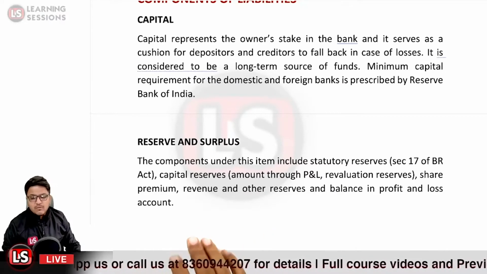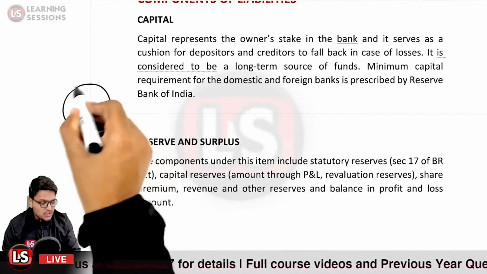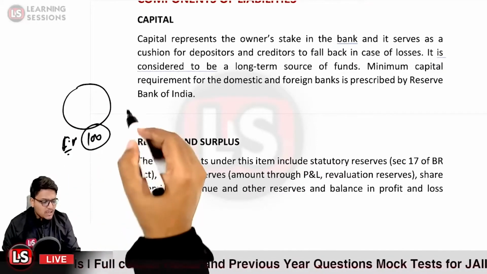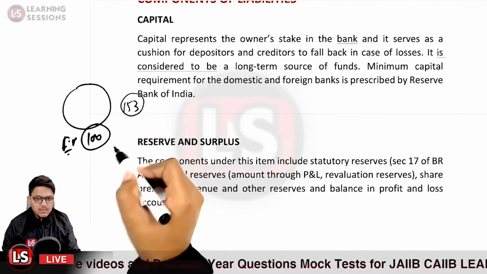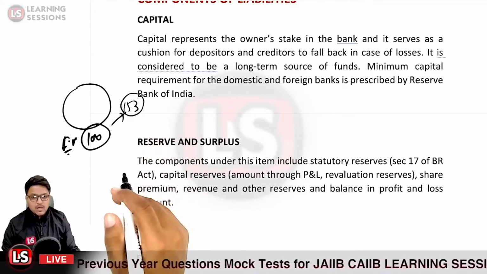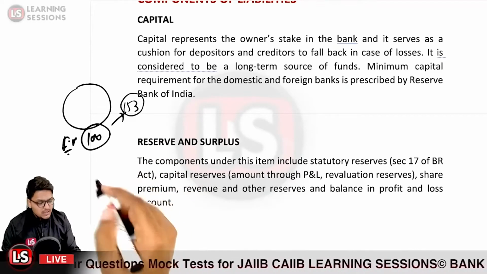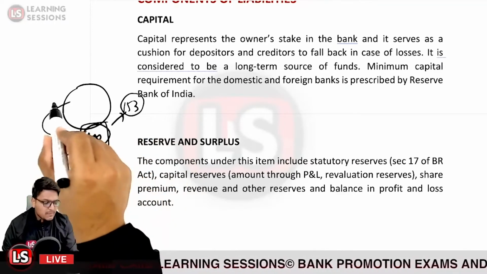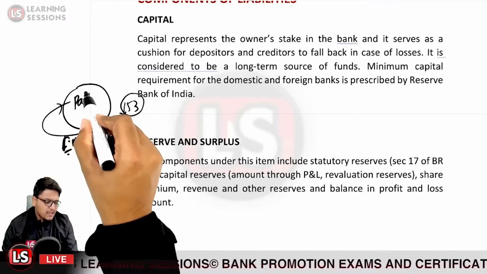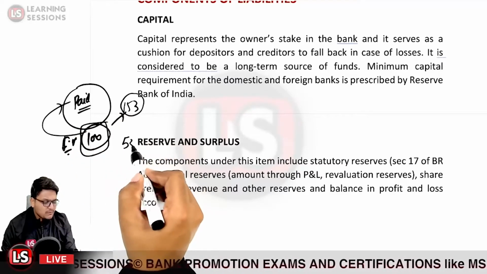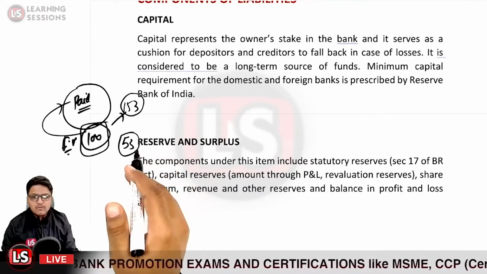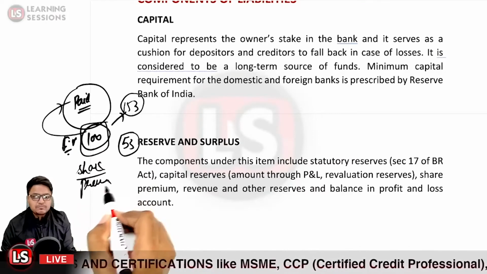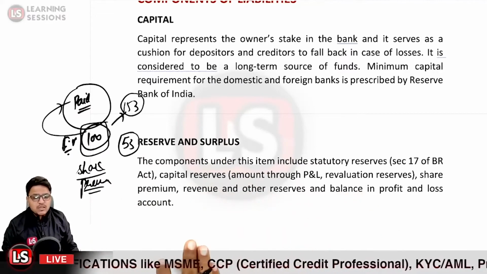Now what is share premium? Let us take the case that a company issued a share with a face value of rupees 100, and now the market price of the share is rupees 153. In that case, the 100 rupees out of rupees 153 will form part of the paid up capital, and the surplus amount of rupees 53 over and above the face value of the share will form part of the share premium. Is that clear? Those are also under the surpluses.